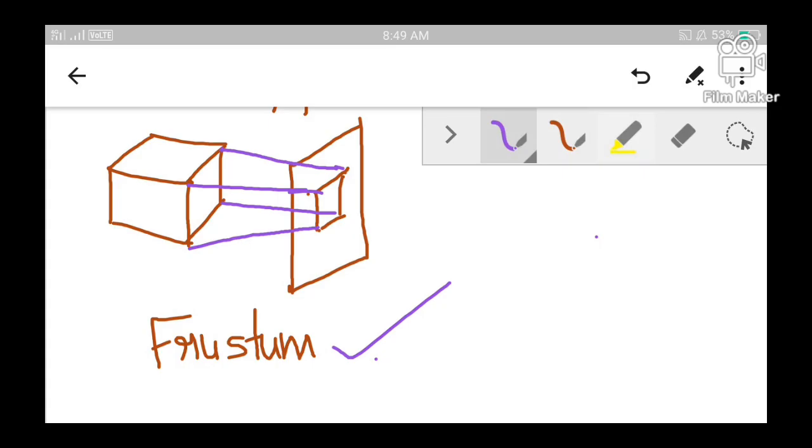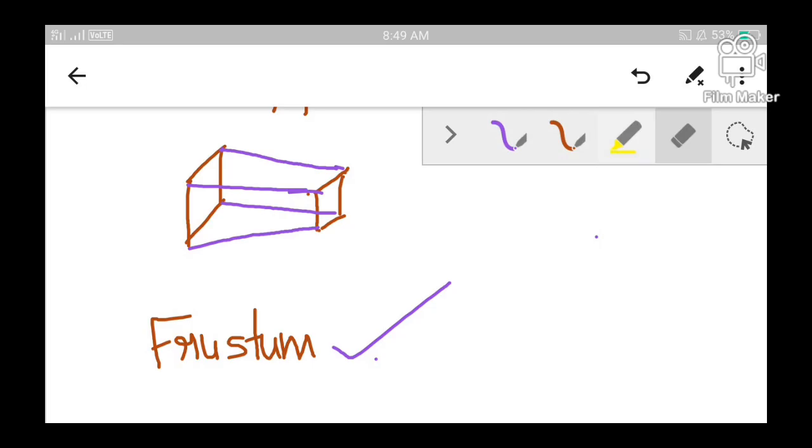I am going to wipe off all the remaining portions. After I have wiped off the remaining portions, what I have obtained is the shape of the view volume. That means whatever comes within this area will be mapped on the view plane, and whatever comes outside this area will be nicely clipped off.